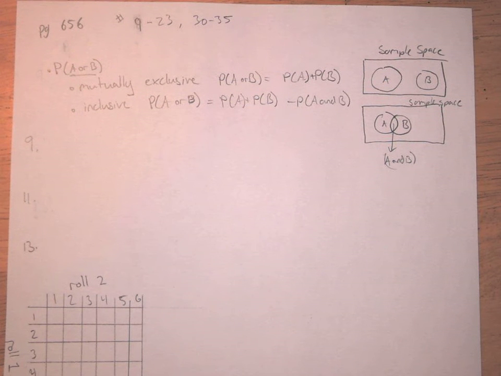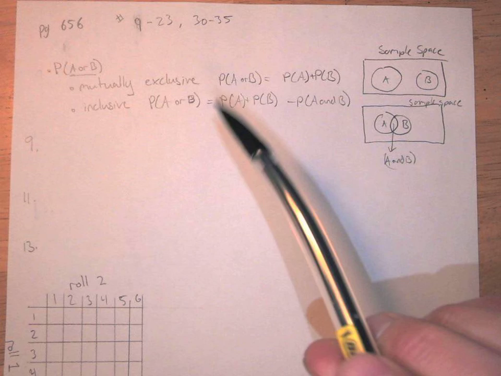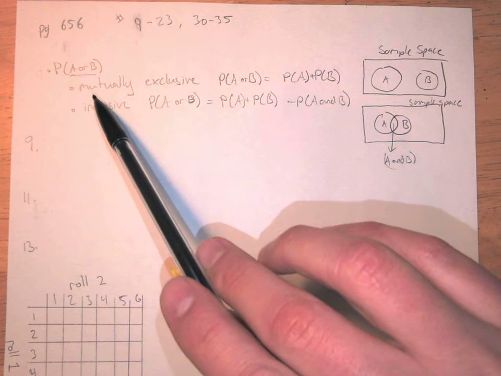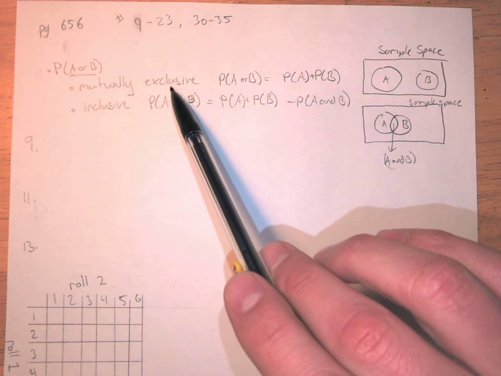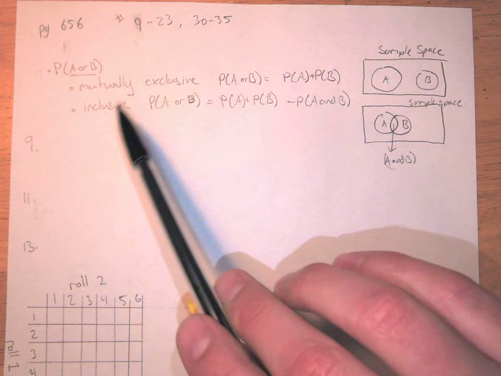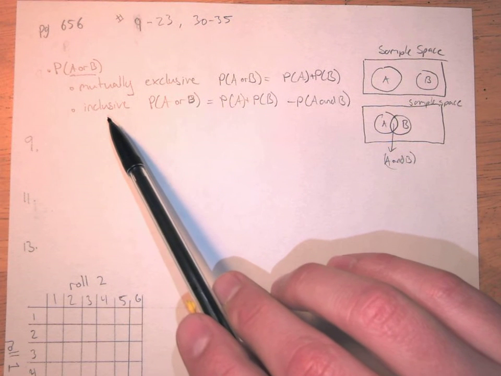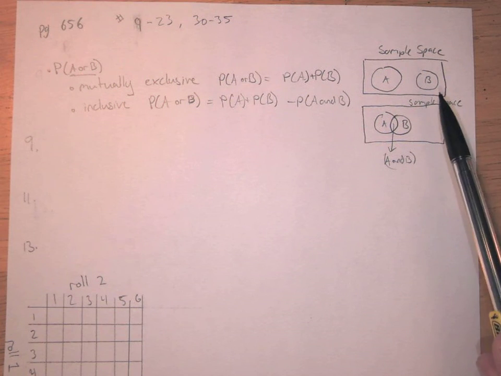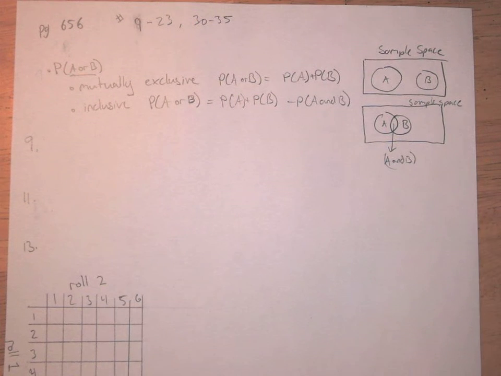So if you want to find the probability of two events happening with one trial, there are two different formulas that you need to use, and it depends on whether the events are mutually exclusive, meaning they can't possibly happen at the same time, or whether they're inclusive, which means they could potentially happen at the same time. So here are some Venn diagrams that represent that, and there's a good diagram of this in your book on page